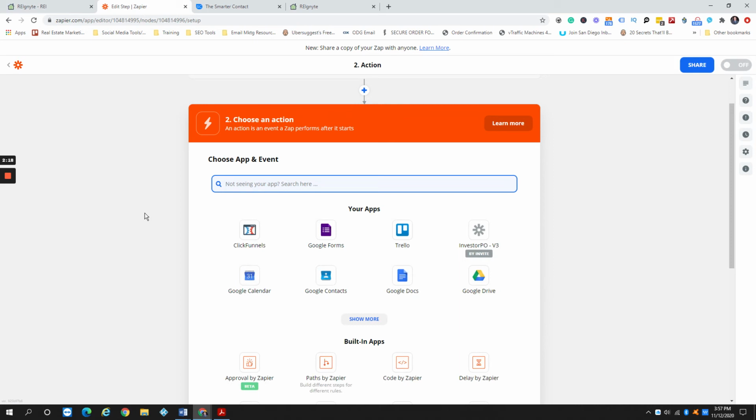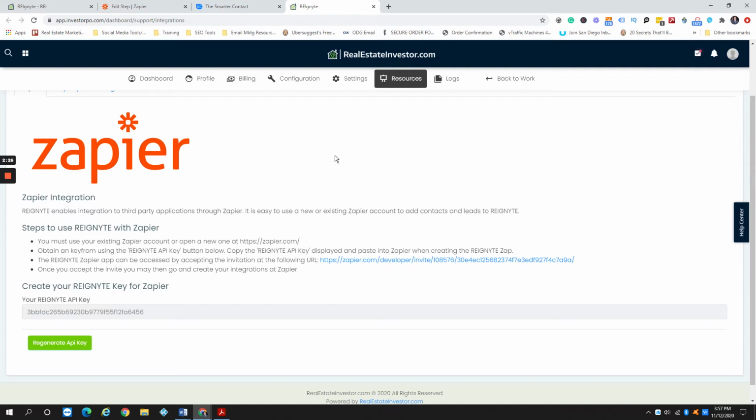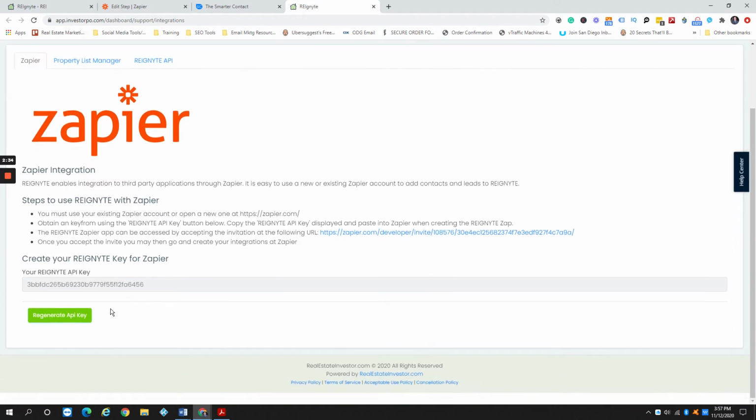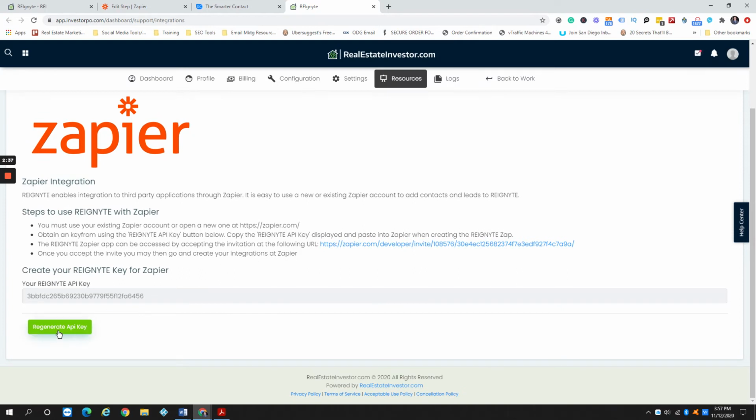And so if this is the first time you're doing it for your InvestorPO CRM, you want to go to Resources, and you will find a resource that talks about your Zapier integration. What you'll do on this page is click on the green button at the bottom. That will generate an API key. When you click the green button, this key will appear, and then you'll want to copy that because we will need this. So if you come back to Zapier,